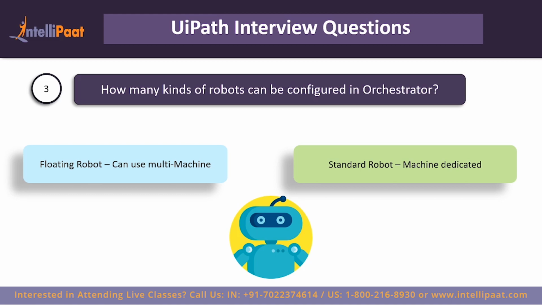So every organization will have various users using the same machine, but they will be logging into different domains, right? So imagine your robot is something which needs to access various domains. Now various domains are there. So if a standard robot is there, he will only function for one particular dedicated machine. But if you have a floating robot, they can be used for various different kinds of machine, and you can run tasks using those floating robots.